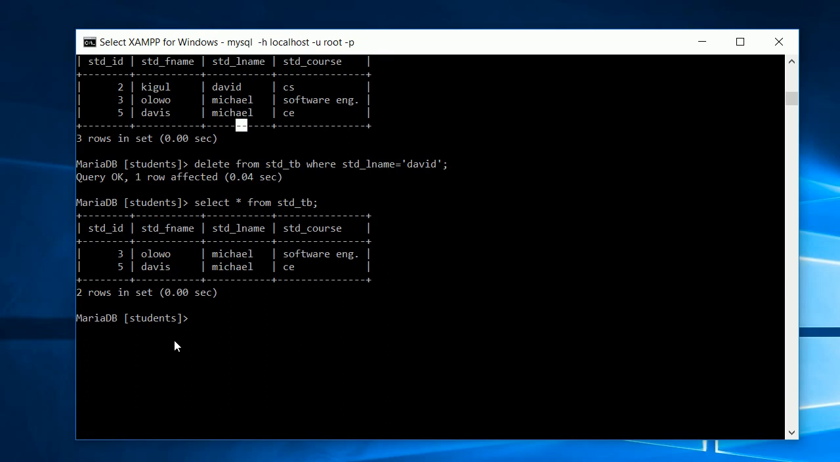So assume I would like to select everyone from the student database where the first name begins with the letter O. To do that, you type select everything from student underscore TB where first name begins with O, then you put %, and then end that. So when you click enter,